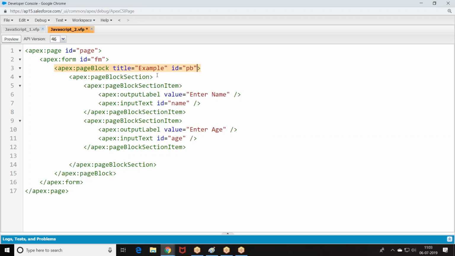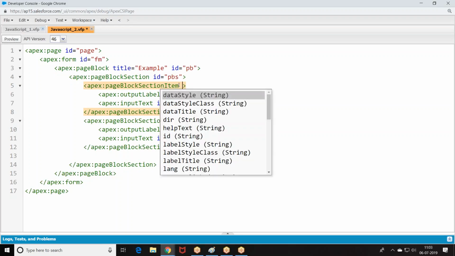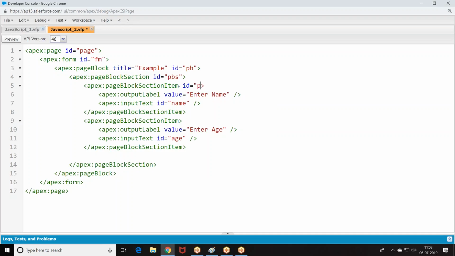Page block. This is how we got it. So we are taking this data.